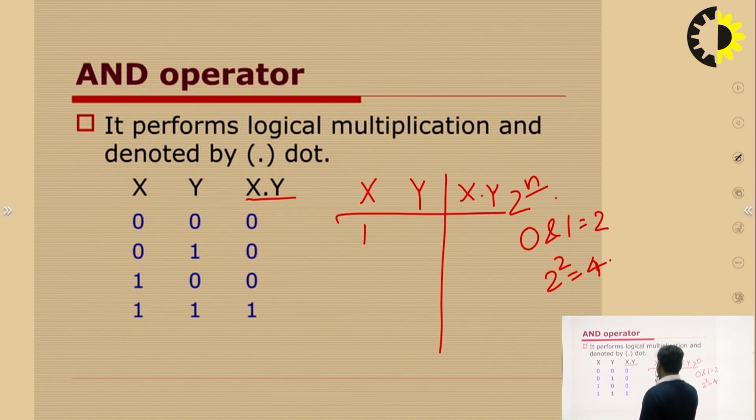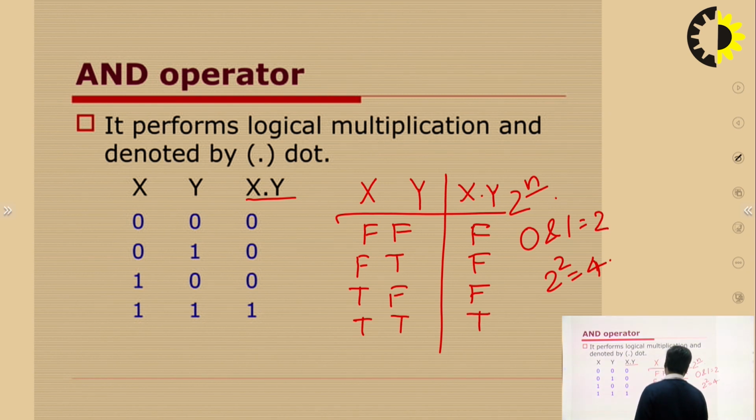Okay, false, false, then false, false, true, false, true, false, false, true, true, true. This is the logical multiplication which we have to understand. I will draw all the diagrams, AND, OR, NOT like that. So this is the diagram: false, false, false, false, true, false, true, false, false, true, true, true, because this is